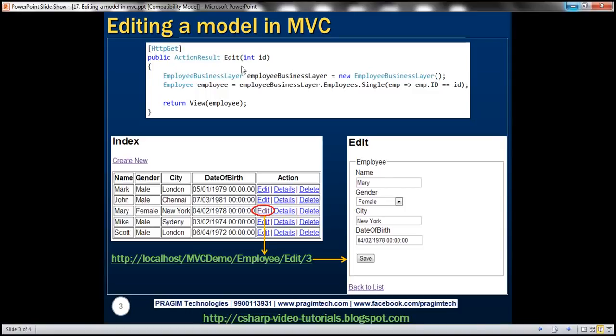And another important thing to notice is the parameter. Look at this, it is receiving a parameter, ID parameter. Look at the URL. Once we click on this edit link, we are also passing the ID of the employee. Okay, so that gets passed into this controller action method,